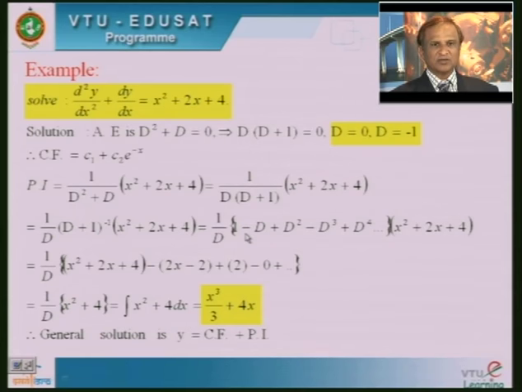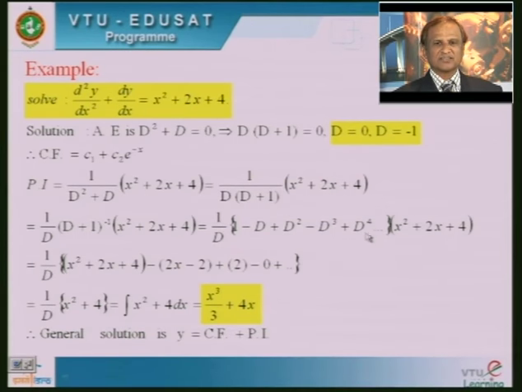I hope you will get 1 minus D plus D square minus D cube plus D raised to 4. Is it clear? Right. So, you may ask up to how many terms we can write, whether I can write up to D raised to 4 or still I want to write a few more terms. That depends upon the right hand side member, that depends upon this function. The highest power of x is 2. I think these two terms are not necessary. If you write, no problem, but it is not necessary.